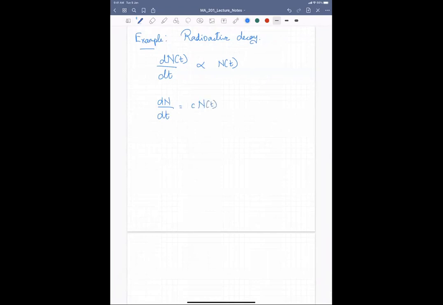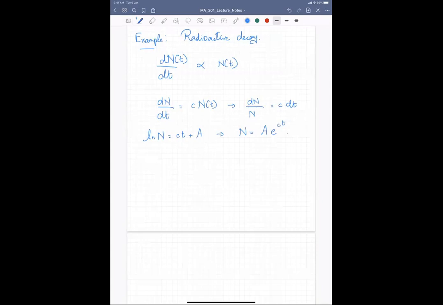Of course, everything is a function of time. And you know how to integrate this equation and get a formal solution. We'll talk about this as we move along, but I just want to give you the solution in this particular example. The way you do this is rearrange this equation: dn over n is c dt, and then you integrate both sides, right? When you integrate both sides, you get logarithm of n is ct plus some constant. Let's call this constant a, and then you can rearrange this to write n is a e to the ct.